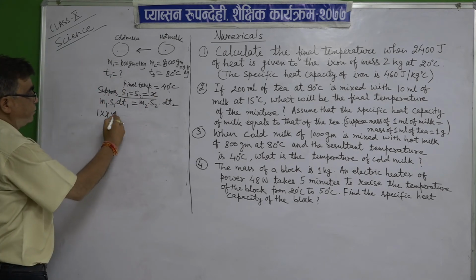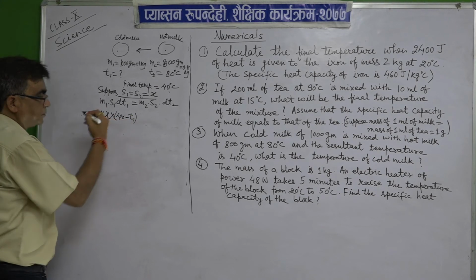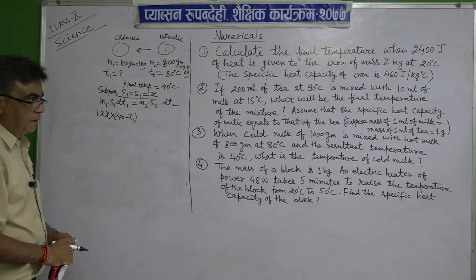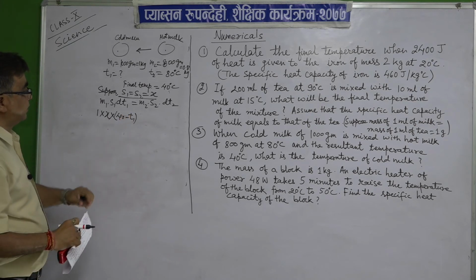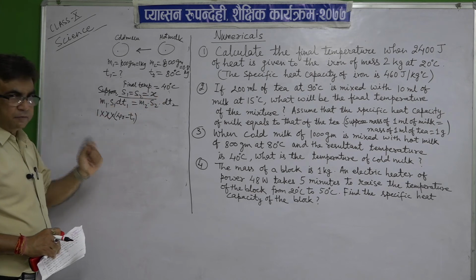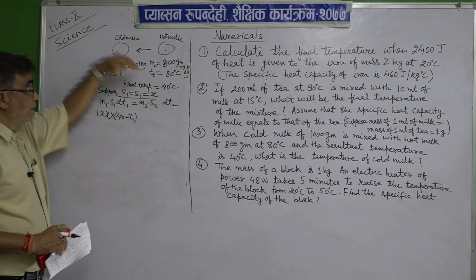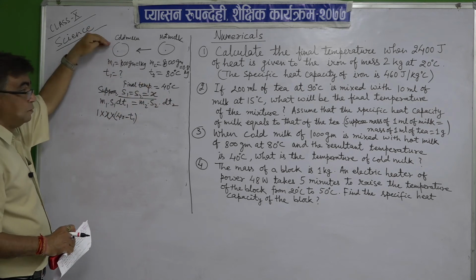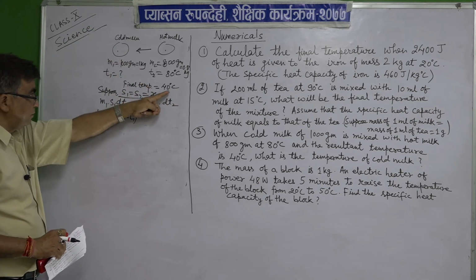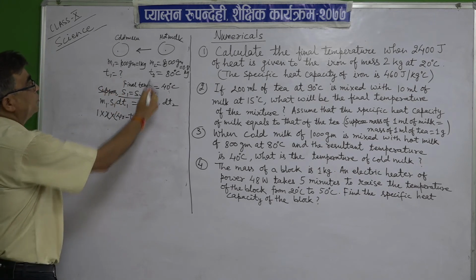So here you have to write 40 minus T1. You cannot write T1 minus 40, that will be wrong, because T1 is less than 40, because T1 is the temperature of cold milk. So this temperature difference will be 40 minus T1, and that equals M2,